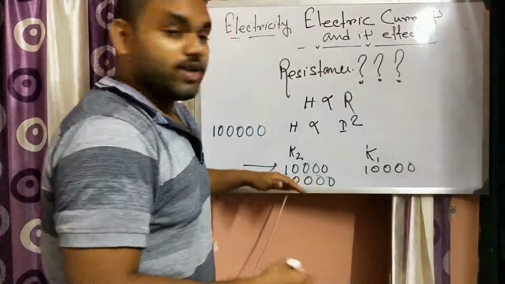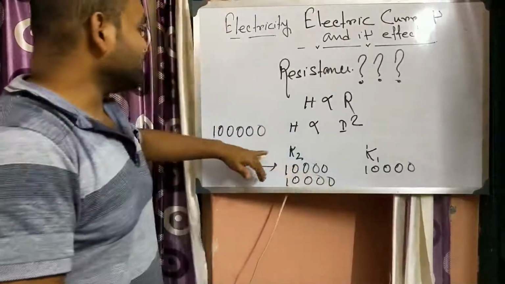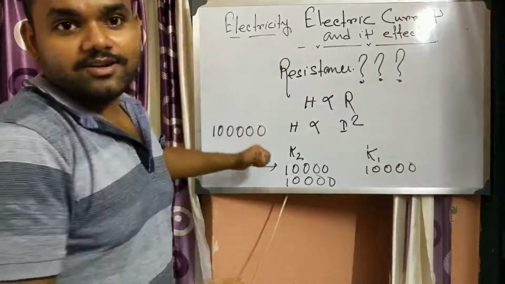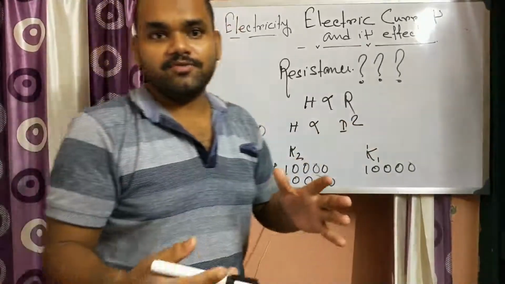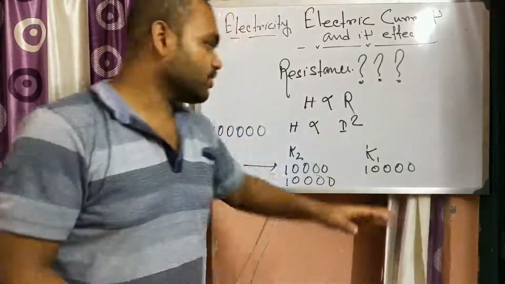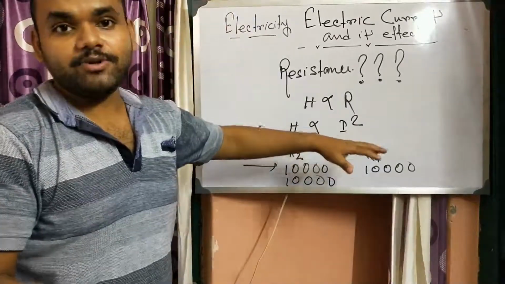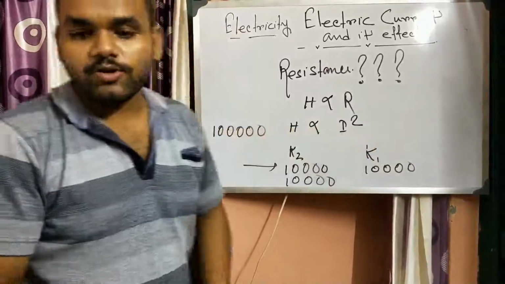Okay, this is going on. Why? Because of the current. Because this king 2 has a lot of army, a lot of men to fight for him. That's why I am giving this kind of weird example, because this example will help you to understand, or help you to remember, that if current increases, then heat is also increasing.